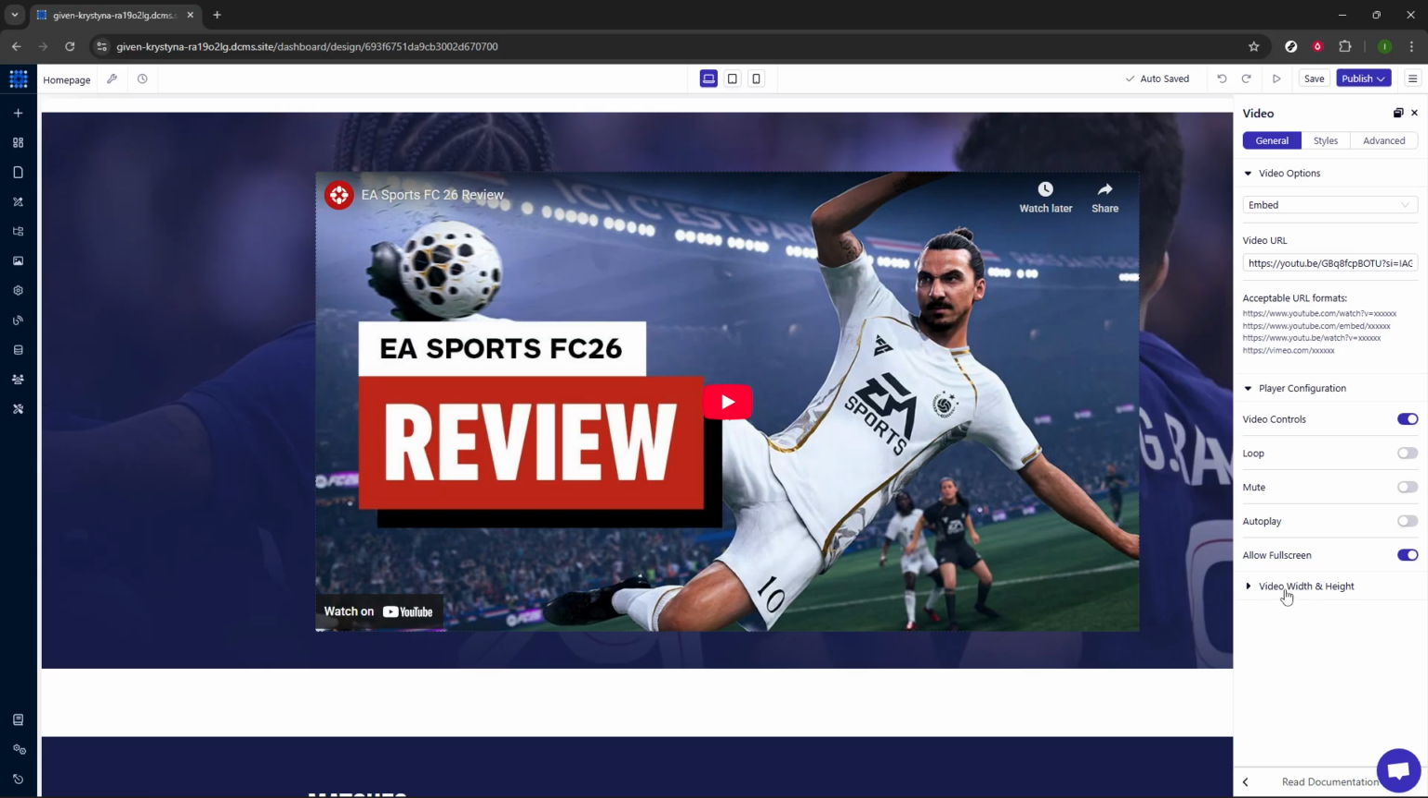Finally, adjust the video width and height to fit your layout. For most designs, using responsive values like setting width to 100% and letting the height follow the aspect ratio keeps the video looking great on desktop and mobile. If you prefer a fixed size, pick dimensions that match common aspect ratios such as 16:9 to avoid letterboxing or